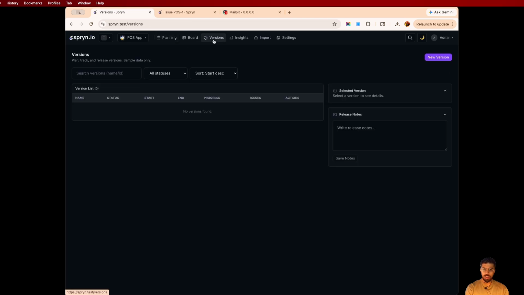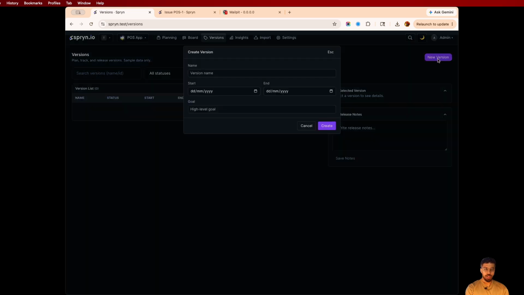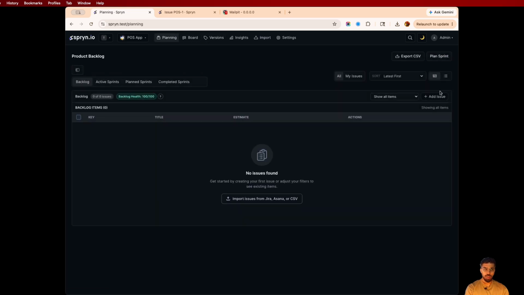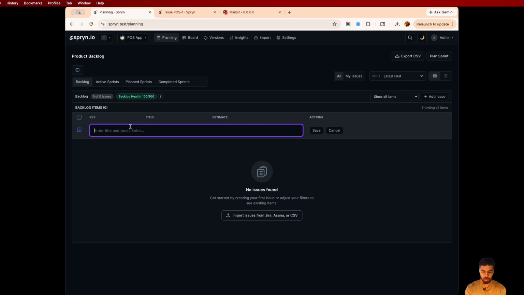You can create the versions. You can create a new version. Let's suppose version 1.0.0. If you want, you can set a goal, otherwise you can ignore it. Right now, there is no issue assigned to it. If I add one issue, I will create